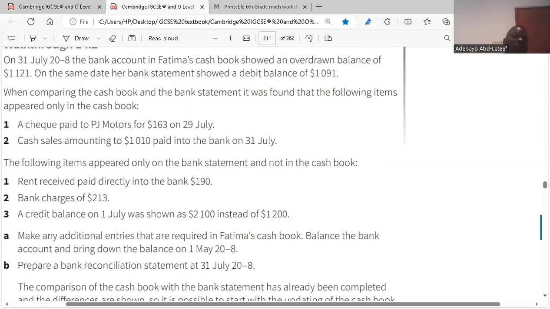It's supposed to be a credit entry in the bank statement and a debit entry in the cash book. So it's not there. The second one, bank charges. Bank charges are supposed to be on the debit side of your bank statement and the credit side of the cash book. It's not there. And the third one,